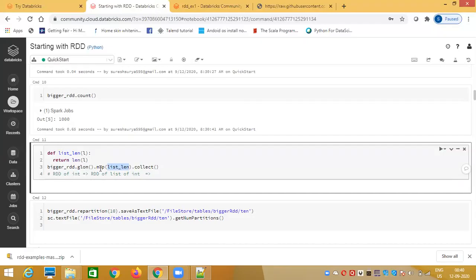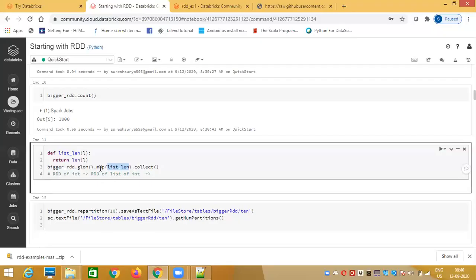Now the question comes: how does map identify the elements, and how are the elements passed to list len? Let's try to understand that. All these functions in the RDD class of PySpark, there are hundreds of functions available. Most of the functions you find there are basically iterative in nature.